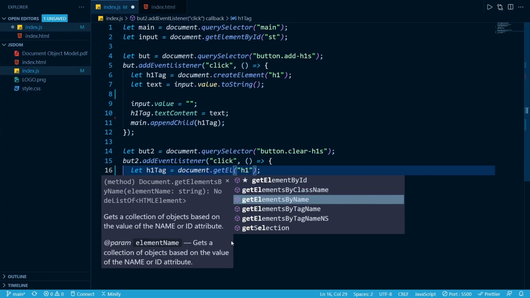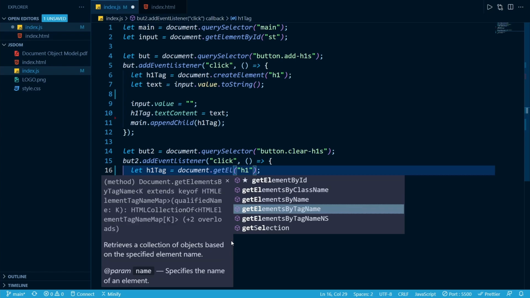And we also have get elements by name. So as you know, we also have a name attribute on different HTML elements. That's more related to backend. We use name for backend purposes and not really for front-end purposes, so we can ignore it for now, but you can use it because different elements may have same name as well. So that's one method exposed by document object. And we also get elements by tag name.